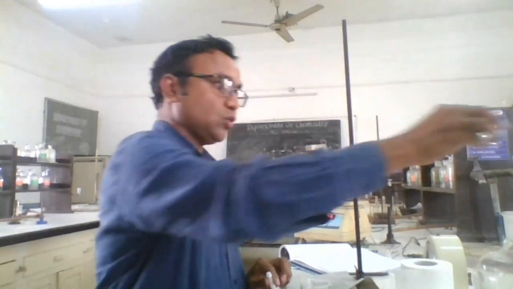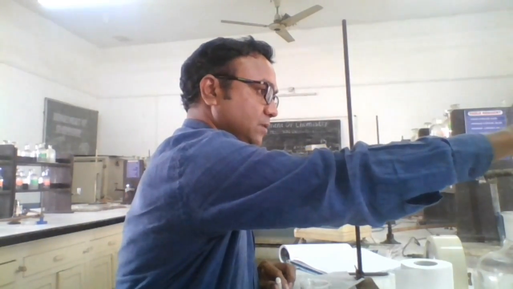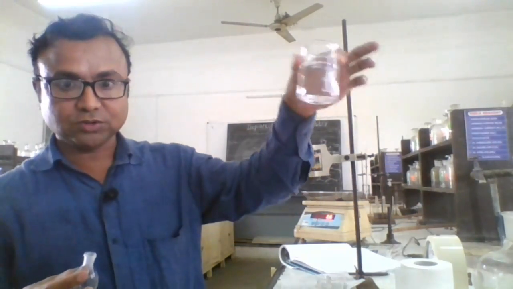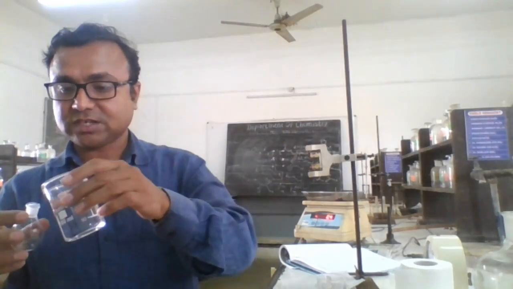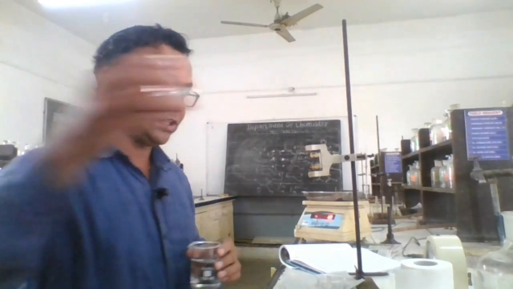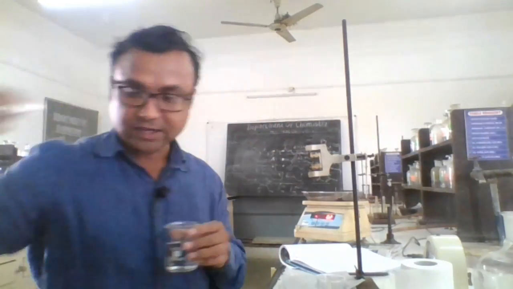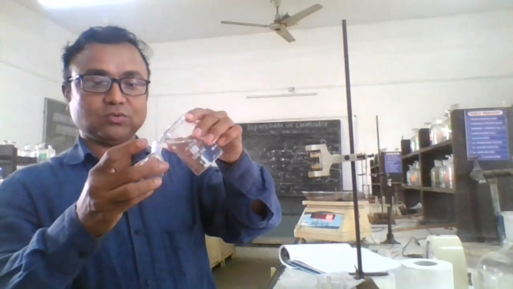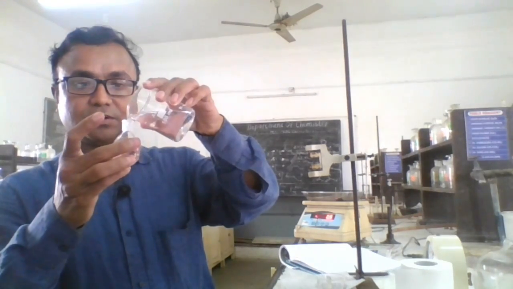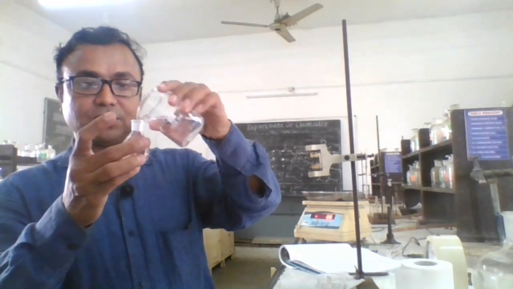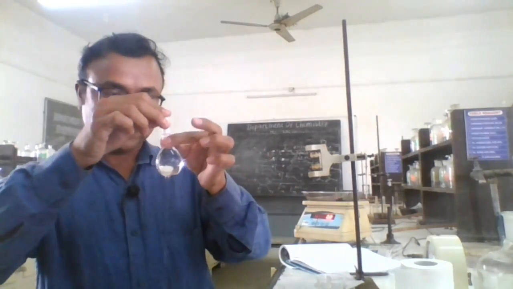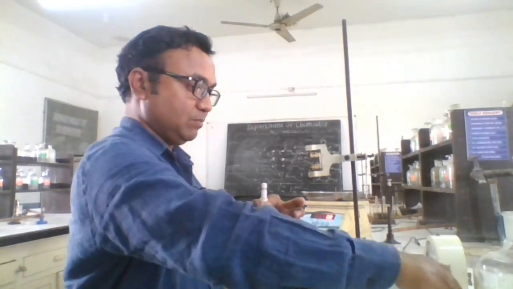So I just throw this distilled water in the basin, and I take the other liquid, that is the ethanol. This is another beaker, with ethanol. I add ethanol here and rinse this density bottle 2-3 times with ethanol, throw it, and fill the bottle with ethanol solution. This density bottle is filled with ethanol. Then insert this knob, and dry it properly from outside.